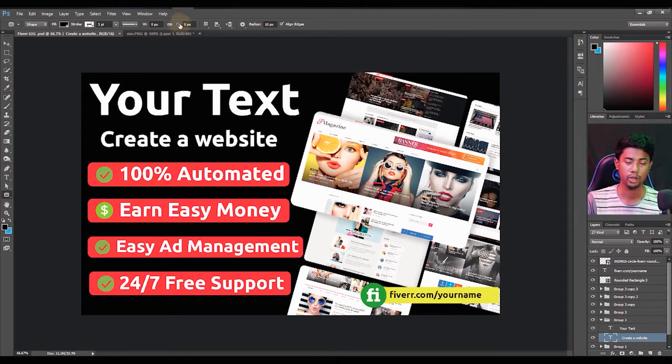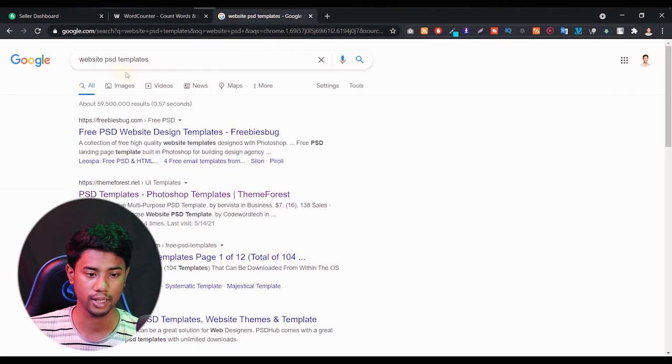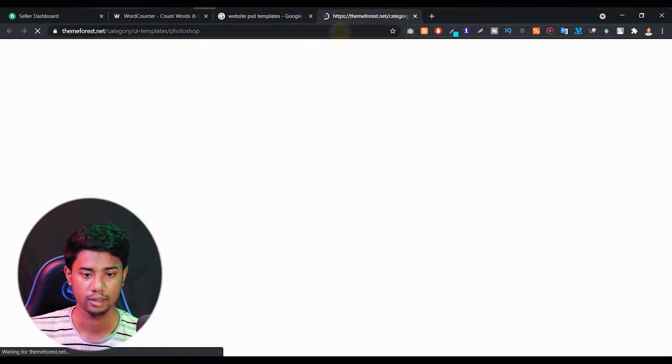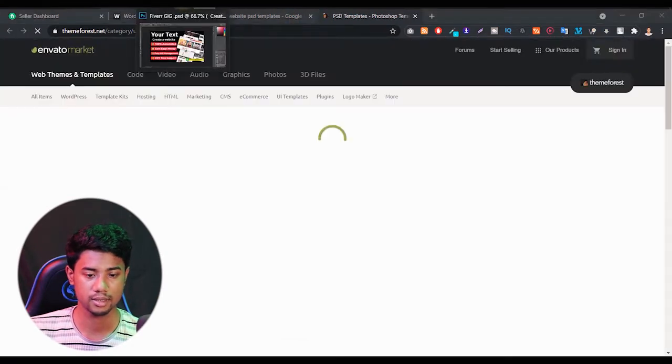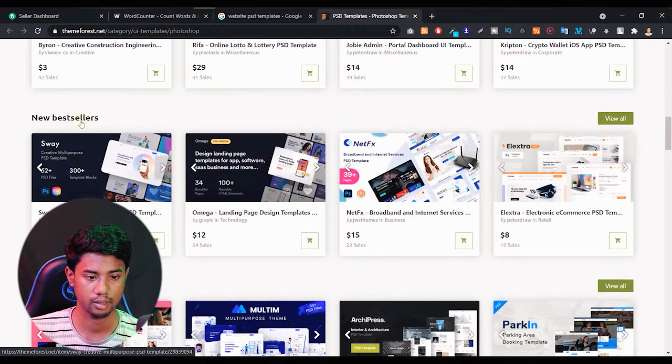That's it. So if you don't understand what I do here, first of all, let me go to Google and again search website PSD template and just open this website. Basically, I just took the idea from the Theme Forest website. So as you can see, if I look here at the bestseller, I just took this idea from this